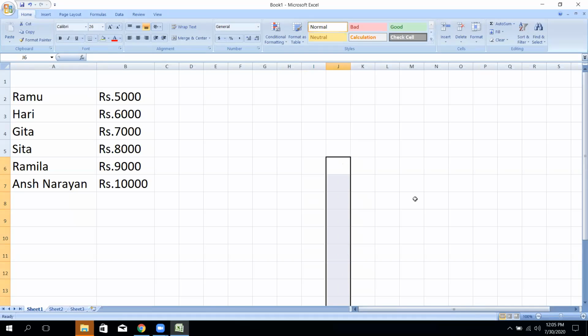Another thing: this is number and this is text. We can utilize the same thing here. If you write here Ragini, and drag, the same text will be repeated.